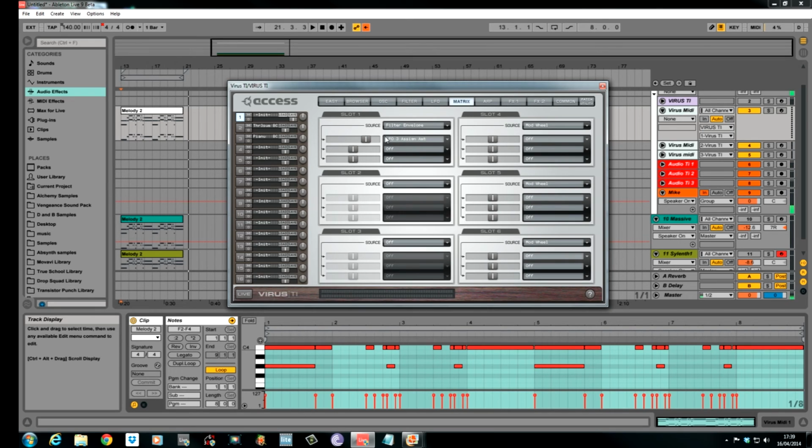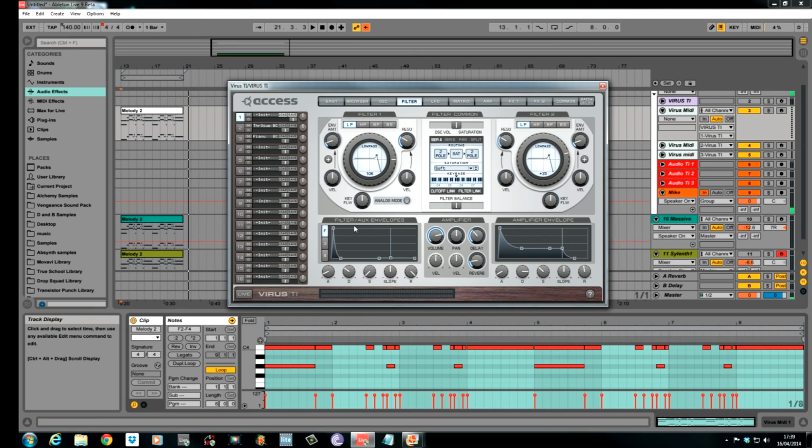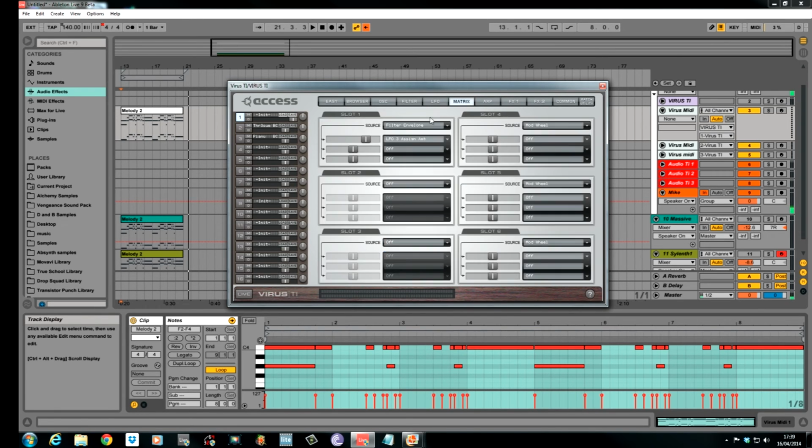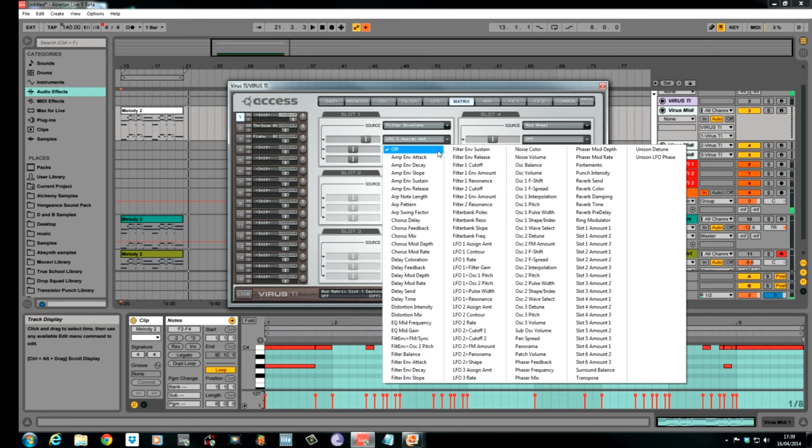Just a little bit of modulation now to do in the matrix section. I've set this first source to filter envelope. This envelope that we set up earlier. It's really snappy and really short decay. We're going to use this to modulate 2 things. We're going to use it to modulate the distortion intensity,